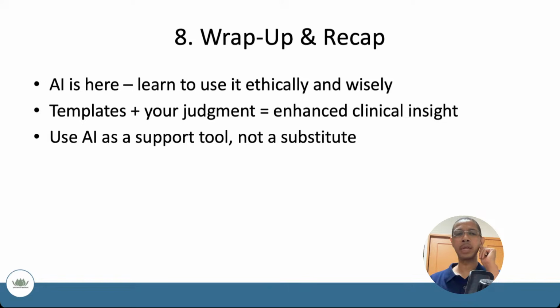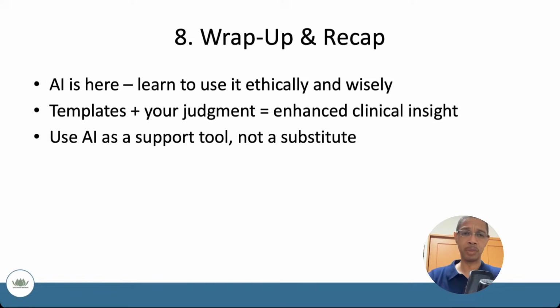I know people have visceral reactions to the AI. Some love it, some hate it, some think it's the devil, some think it's going to be great. It's here regardless, right? People are using it, patients are using it, practitioners are using it, students are using it. So it's best for us to know how it works and what some of the pitfalls are,